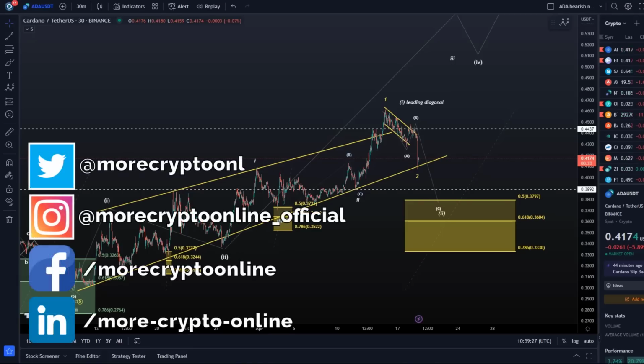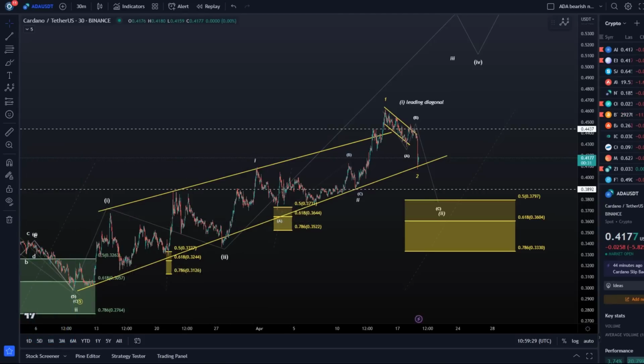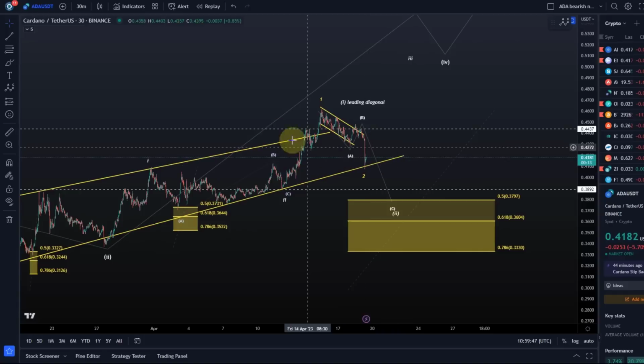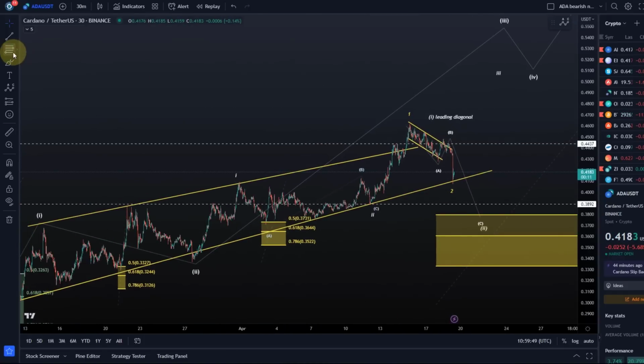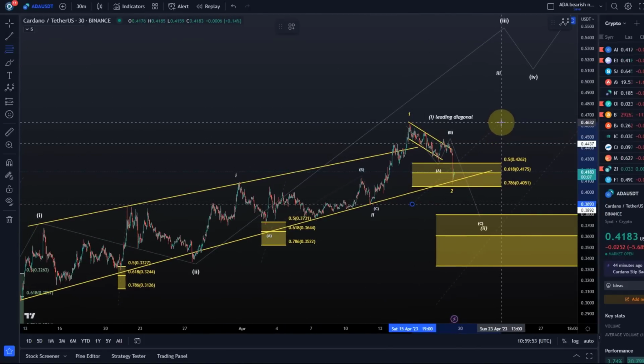We want to talk about the updated wave count because obviously, with today's red candle, ADA sliced through support and invalidated the immediate bullish outlook. Well, not really invalidated. The immediate bullish outlook is still possible with the yellow 1-2 setup that we see here on the chart. But as I highlighted in my last video, as soon as we drop and maintain below 40 cents,